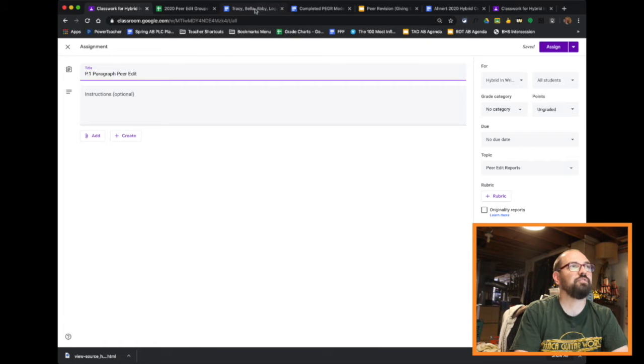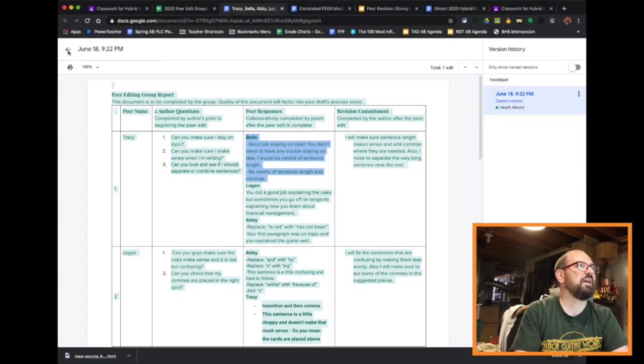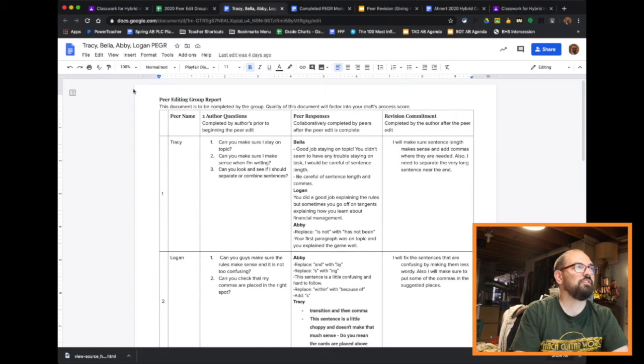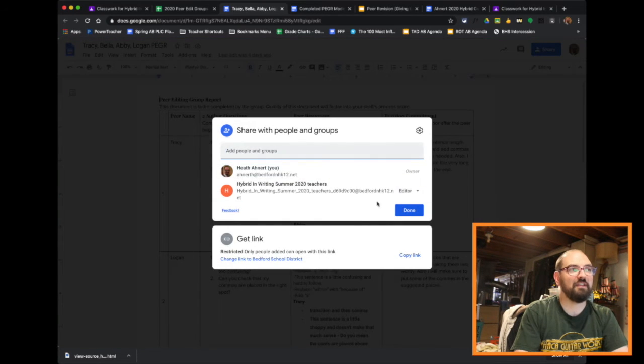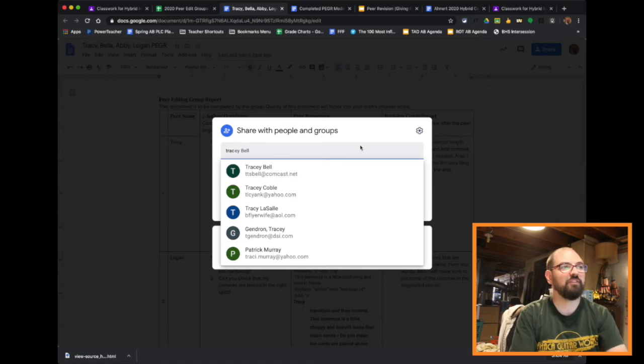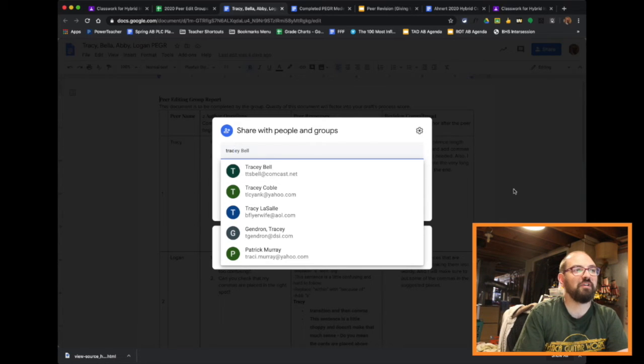And so if you look at this one from last year, you can see that Tracy, Bella, Abby, Logan, peer editing group report. They just put that at the end. So they put all their first names. That's fine for our very small class. And then someone made sure to click share and share it with every other person in the group. And so I'll just throw random Tracy's in there, and maybe it's one of those Tracy's. And you can click